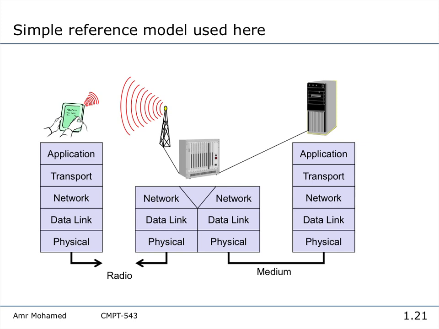Okay? So here we have base station towers, but the base station towers are wired together usually, or in some cases they use microwave links in very limited cases. But in most of the cases, base stations are actually wired to the core network offices. Okay, so here it's wired, and here it's one hop wireless. But this is where most of the issues are.